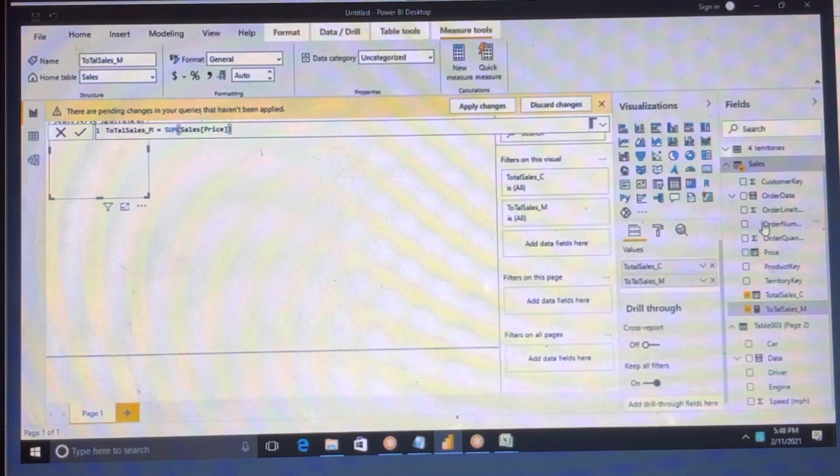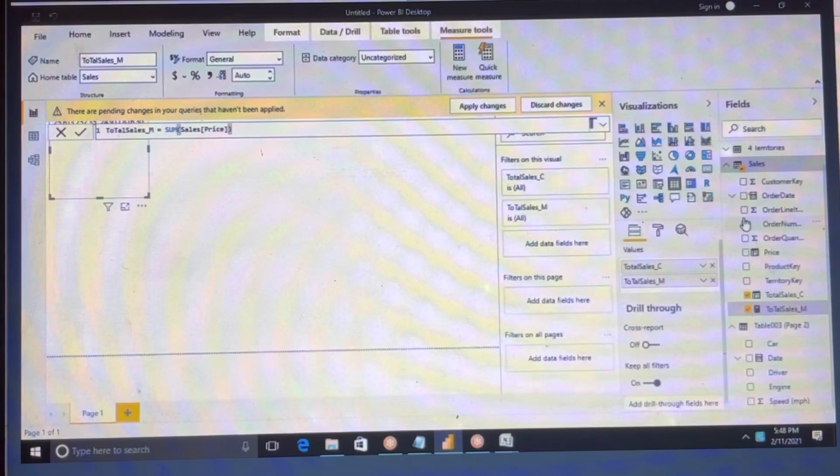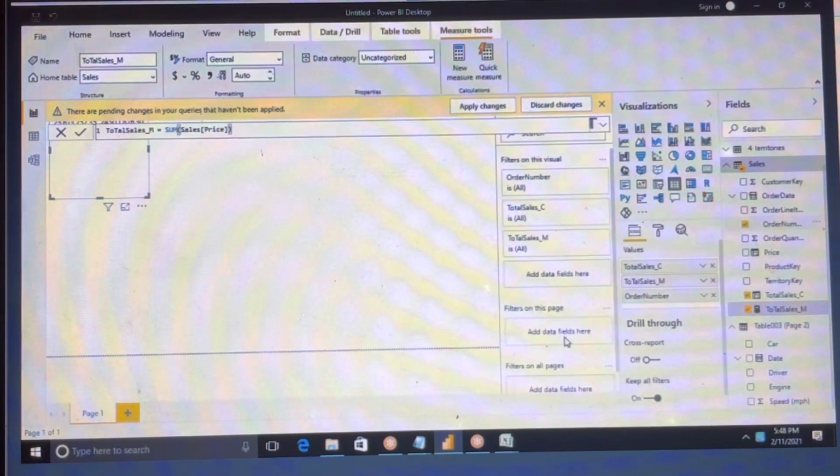And the product level, for example, let's say order level, I'm taking order number level.